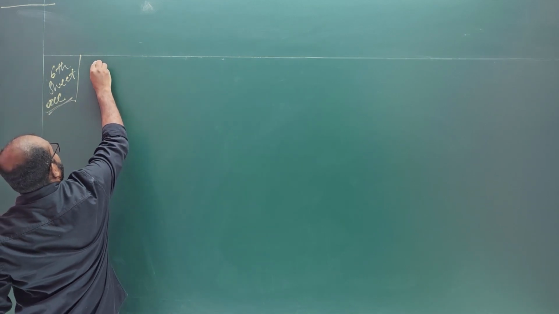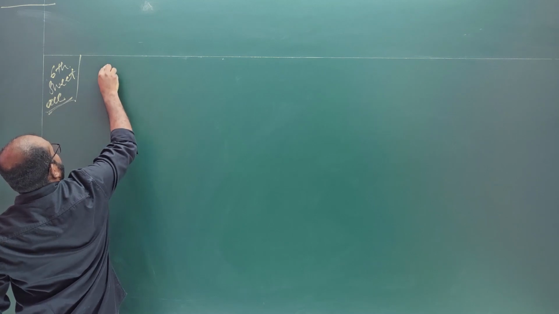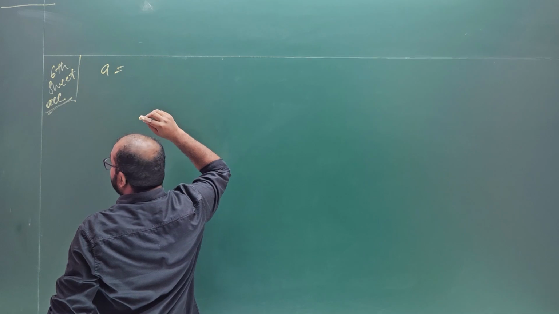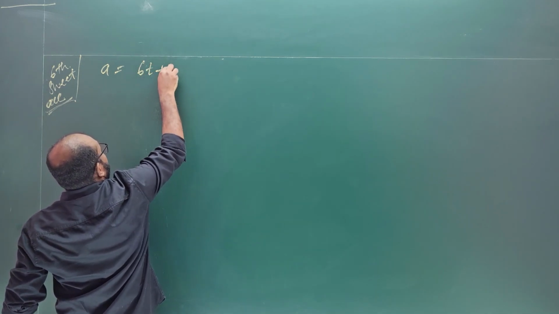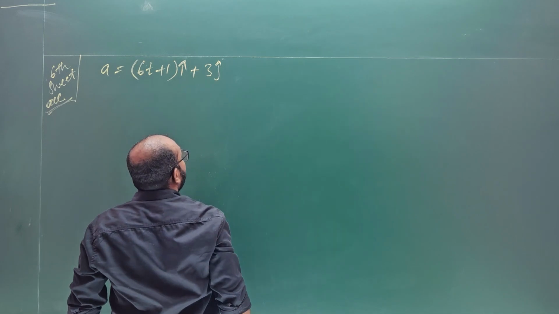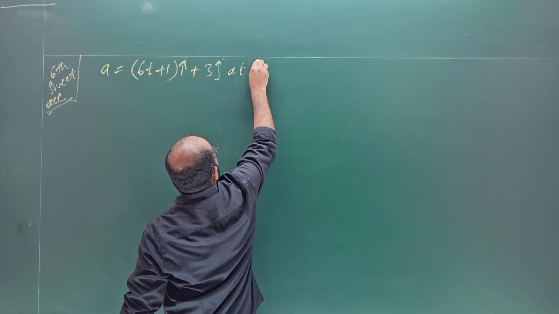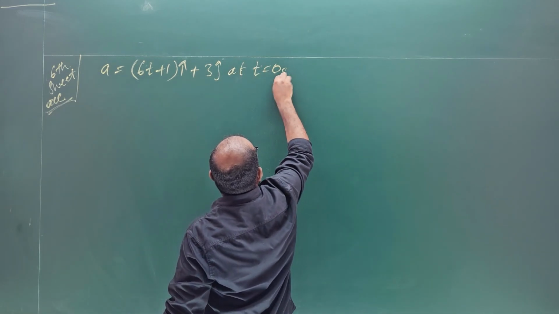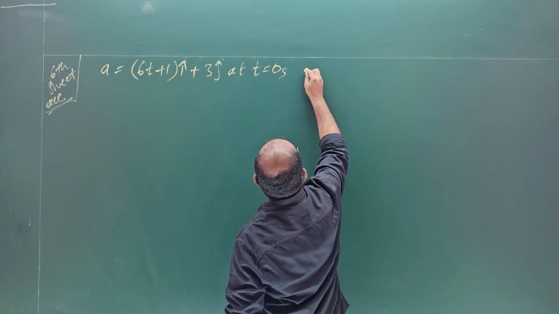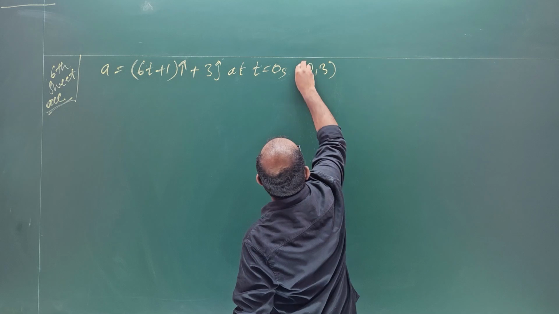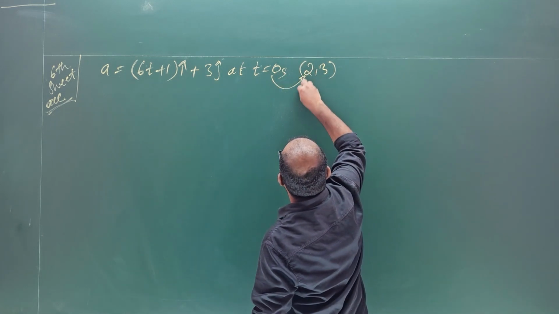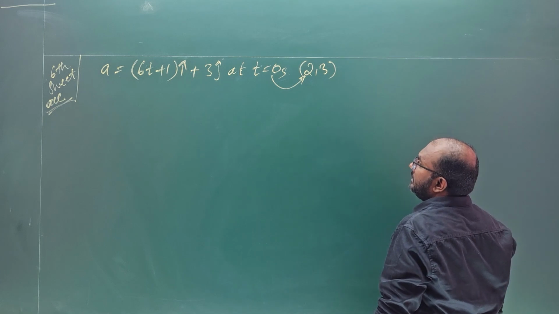If acceleration a is equal to 6t plus 1 i cap plus 3 j cap, at t equals 0 seconds the object is at (2, 3). At t equals 0, the object is at (2, 3). Then next,